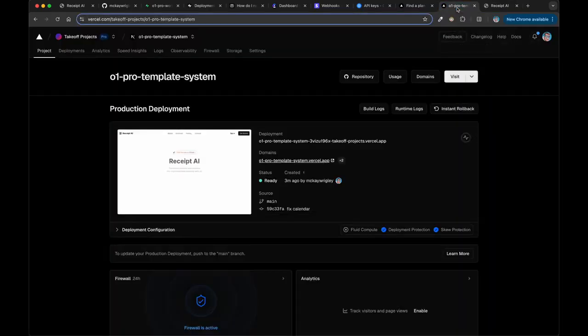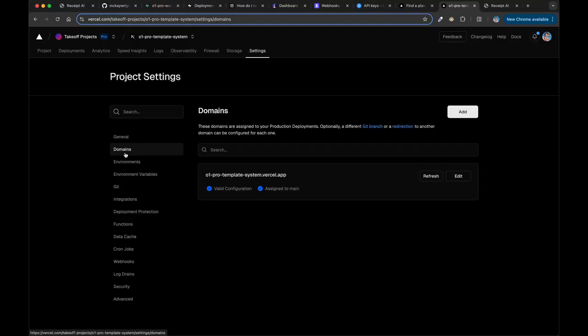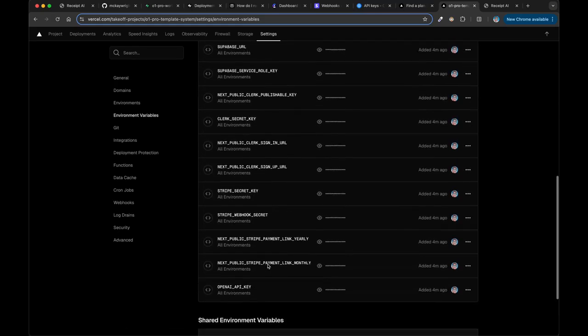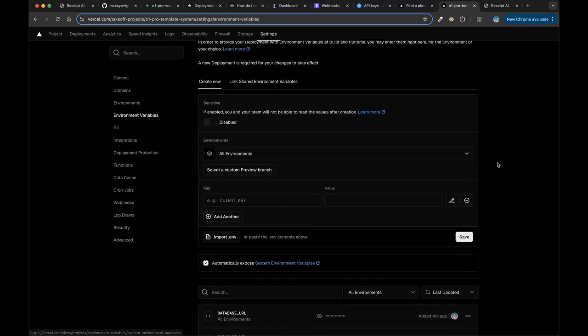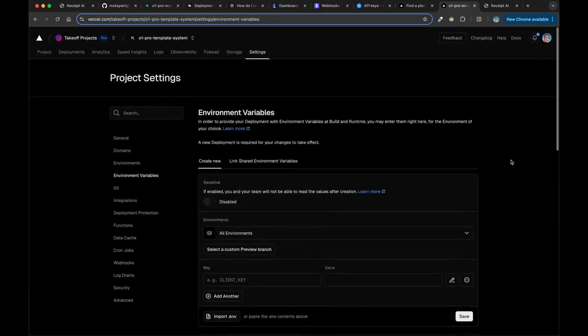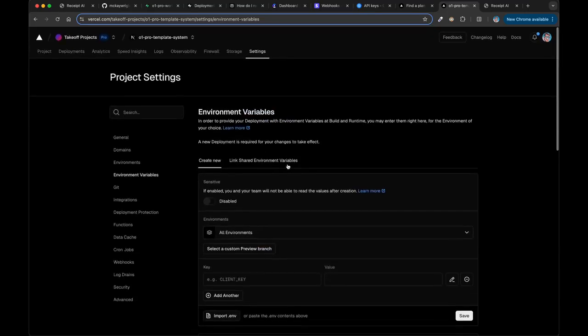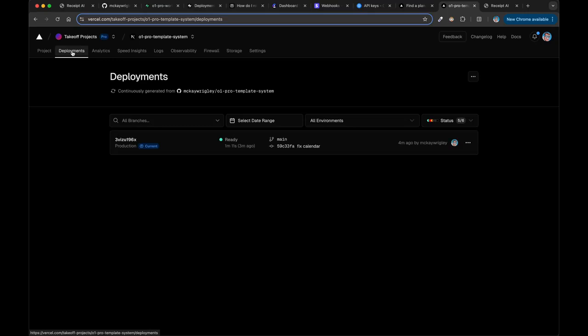But one of the things you'll notice is if we actually go to the Vercel dashboard, if you go to settings, you can change your domain, which is pretty cool. Anytime you need to tweak your environment variables, you can go to this environment variables tab. You can go below and actually edit these. It's worth noting that anytime you change an environment variable, in order to get those updated into your actual app, you'll need to trigger a new deployment, because if you just change them here, your built app won't actually have those in there. So what you would need to do is go to deployments here. You need to click this drop down here, and you need to create a new deployment